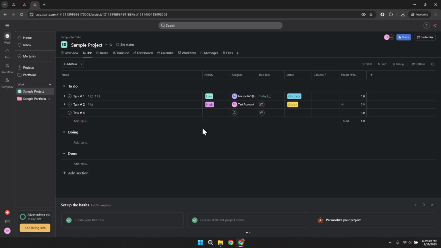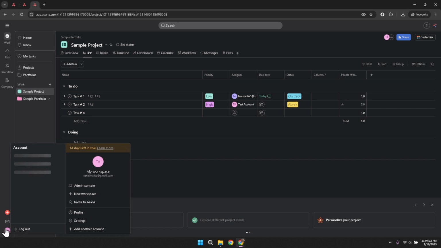After logging in, direct your attention to the bottom left corner of the Asana dashboard, where you'll find the profile icon. Clicking on it will bring up your personal profile page. This is where we're going to make those exciting changes. Next, we need to locate and click on the Edit Profile option. This will open up a new interface that allows you to customize various aspects of your profile, including the profile